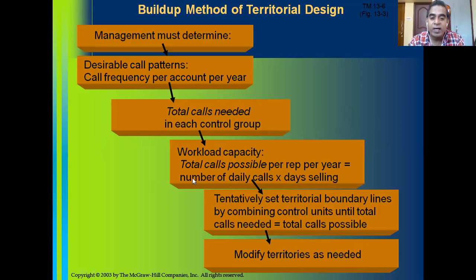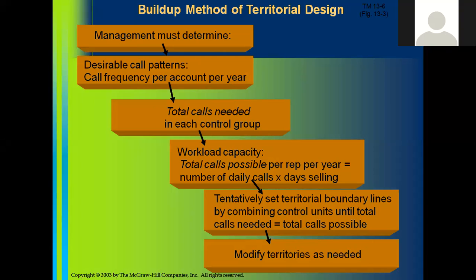Here I would like to address Sharon's question. Can C class customers also be made one call per month? See, the workload capacity is determined in such a way that the sales rep has to make the maximum sales calls possible. So if you want to make additional sales calls, there won't be time available, Sharon. You heard me? Yes, sir. And one more reason is if you spend more time on low potential customers, you'll be wasting your time.